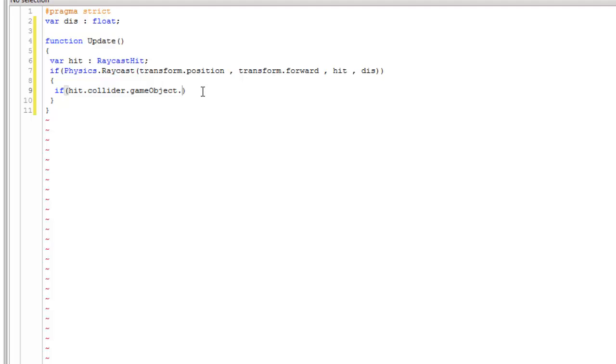We can also call the collider again, so it sounds like hit.collider.gameObject.collider again, and you cannot directly set the collider property from here. This wouldn't work, Unity will show an error. This is something really not cool. We should have directly had hit.gameObject, it should be like that. Name, sorry, not name, but we are going to use tag